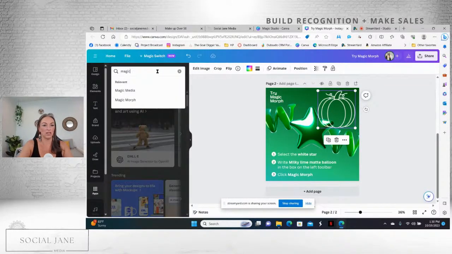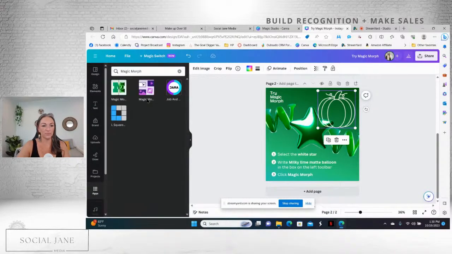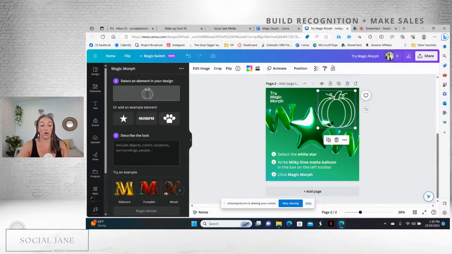Magic Morph. Magic Morph. So over here, in case you guys didn't know, when you click on apps, that's where a lot of your sort of one-off stuff is going to be living. And so you saw when I clicked there, typed in Magic Morph, I was able to find it. So the image we've selected is the pumpkin, and we describe how we want it to look. We want it to be